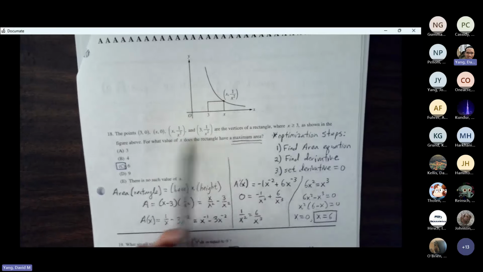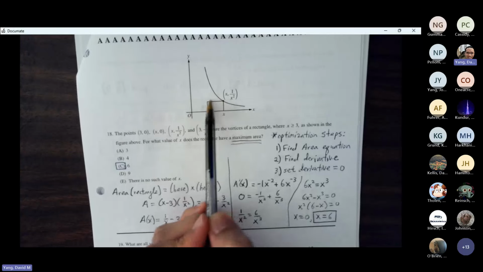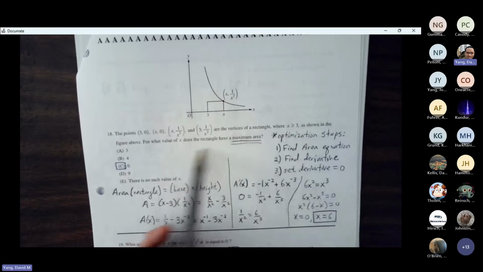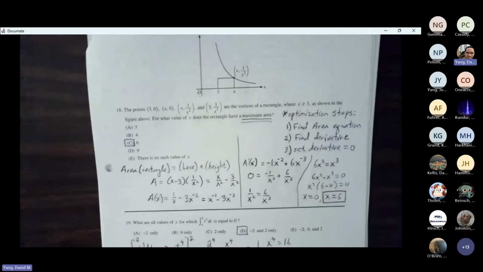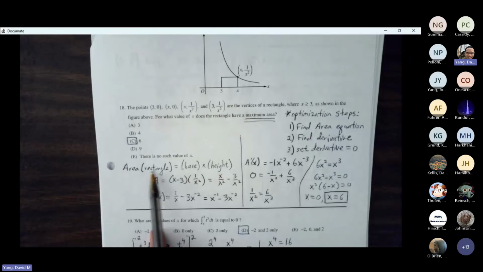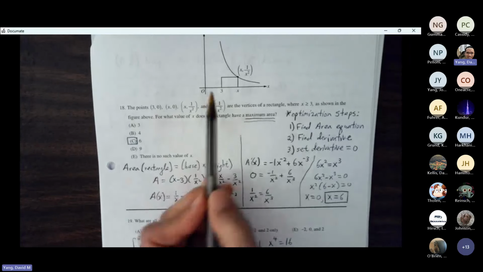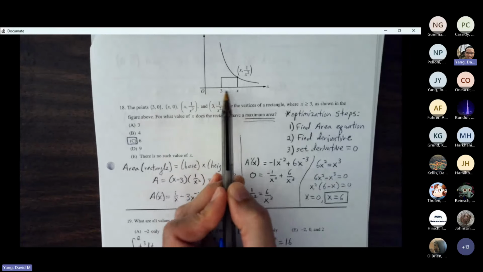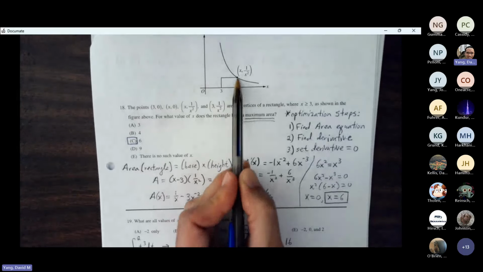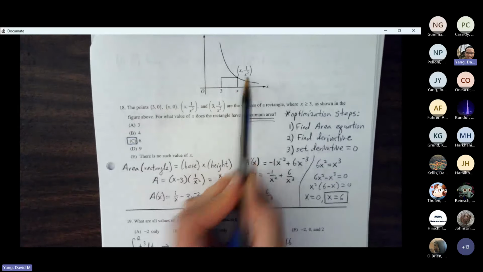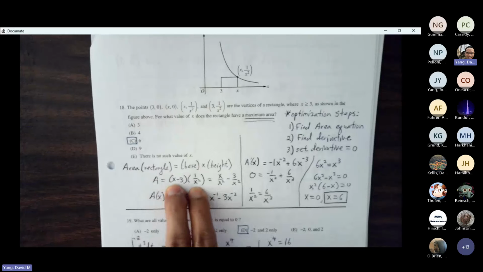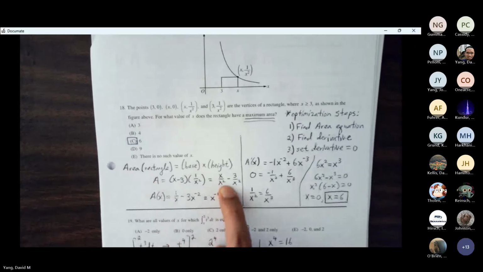So basically these indicate that we have these ordered pairs that form this rectangle. Where can we get maximum area? So let's build the area formula first. Area of a rectangle is base times height. We know the base is whatever the distance here is, x minus 3, and the height is going to be 1 over x squared. Okay, so we build that area equation, base times height, get that cleaned up, get it